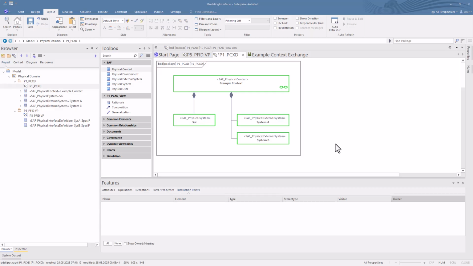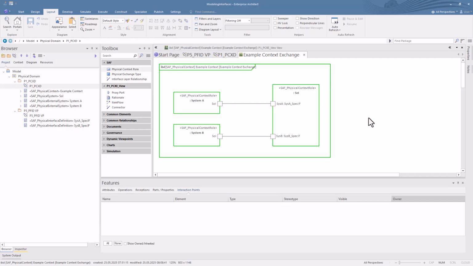As we can see here, we have a very simple example context showing a system of interest and external systems A and B. Looking into the connection details, we'll see that system A and system B each have a connection to the system of interest. Both show a separate type of interface,